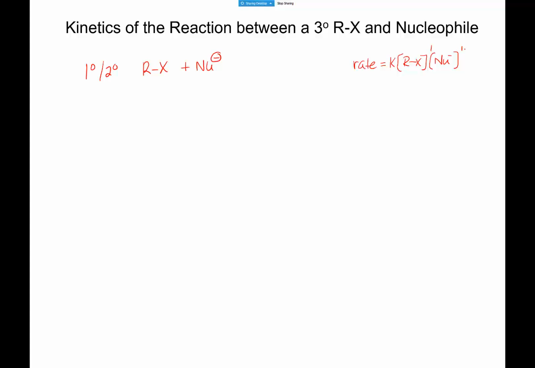So the reaction was first order in nucleophile, first order in alkyl halide, and then we called that overall a second order reaction. And a second order reaction means that in the mechanism we have two molecules reacting together, the alkyl halide and the nucleophile, which makes this a bimolecular